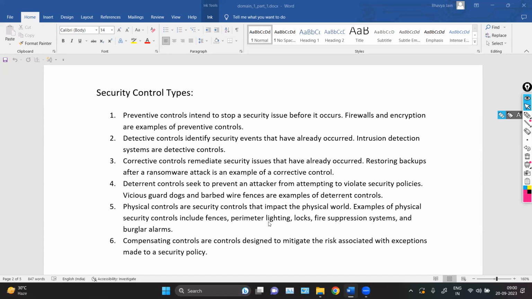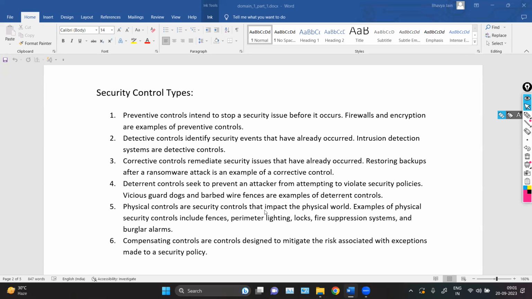For example, let's say there's a chance of a brute force attack, or a chance that an attacker can take over your account. You find out that your friend has your Instagram or other social media password. Now you have to change your password so that your friend cannot access your account. So you will change your password. That is an example of a deterrent control, where you are just preventing the attacker from attacking your company, your account, or anything.